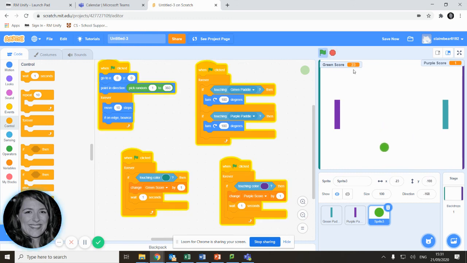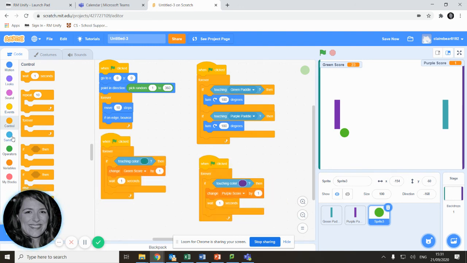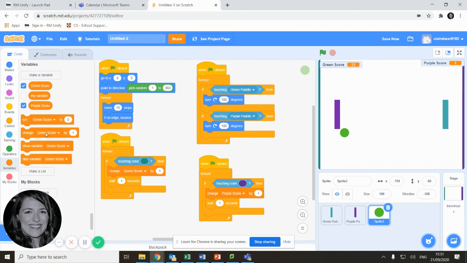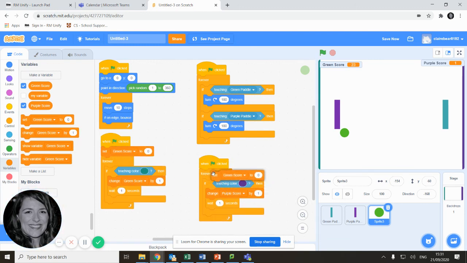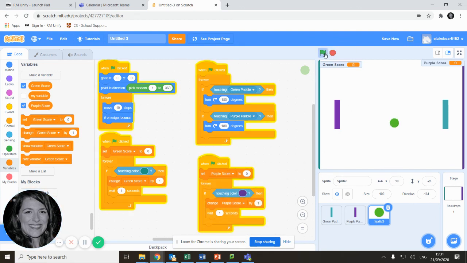When I stop the game and start it again though, these should go back to 0. So you can just put this anywhere you want. I'm going to go back to my variables. I'm going to say set green score to 0. And over here, set purple score to 0. Then